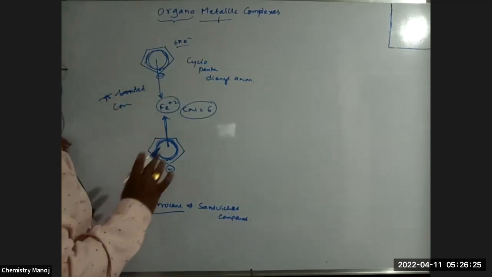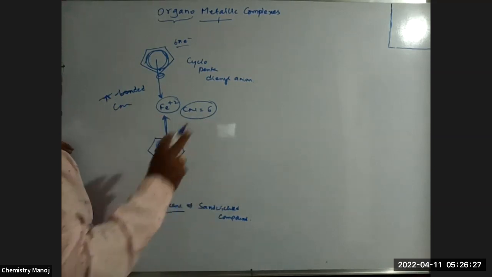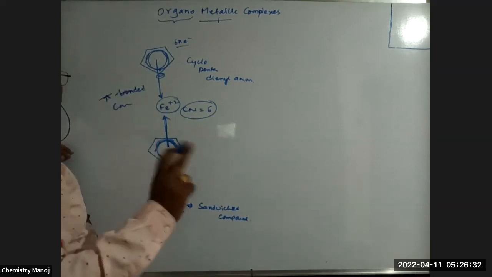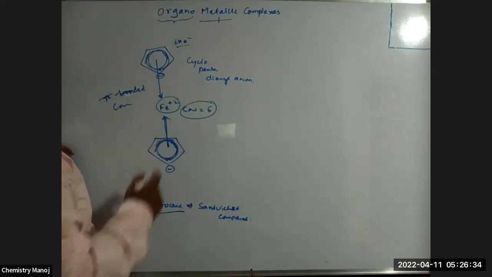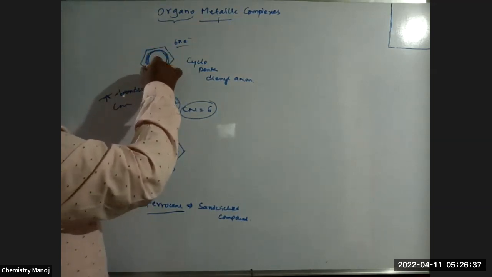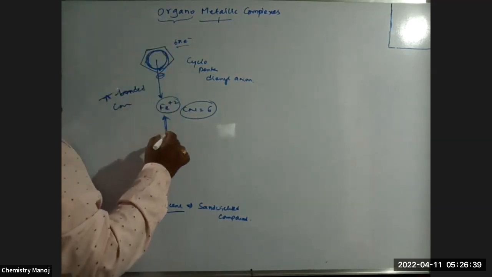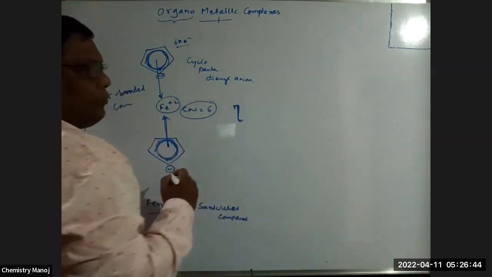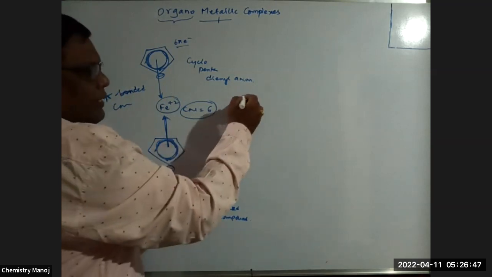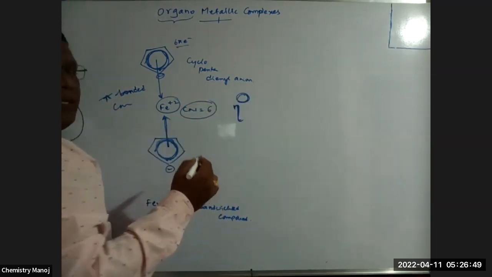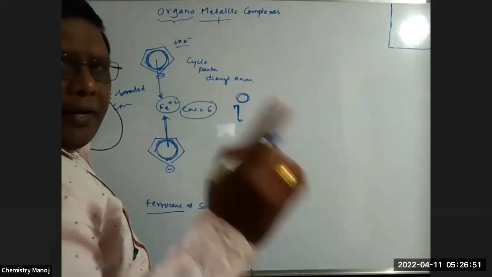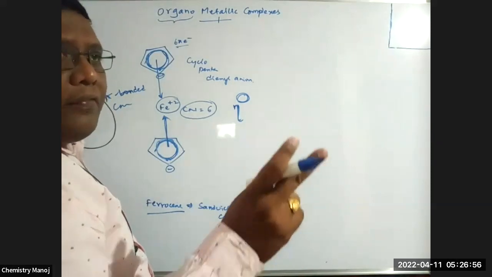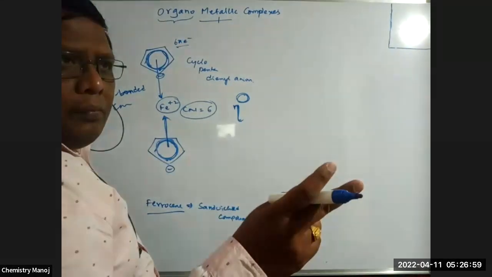Clear? That means 5 electrons are only donated by that particular ligand. See, my dear, while writing the name of this complex, if cyclic groups are there and 5 bonded electrons are involved, eta is the letter used. Eta, with a power, is given to you, and that power is nothing but the number of atoms in the ring, or the number of atoms between the pi bonds.